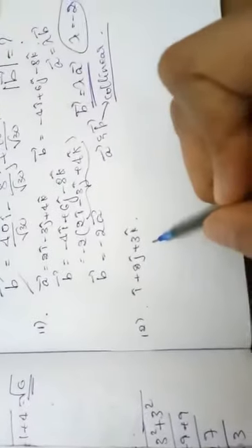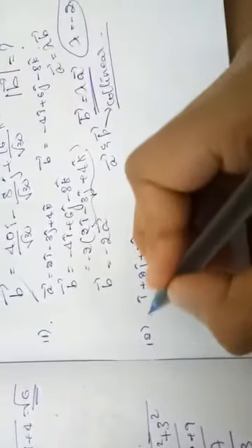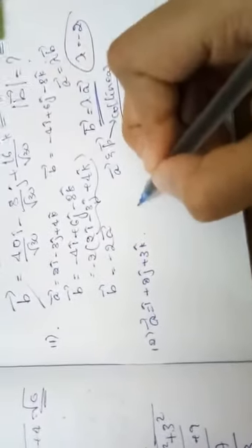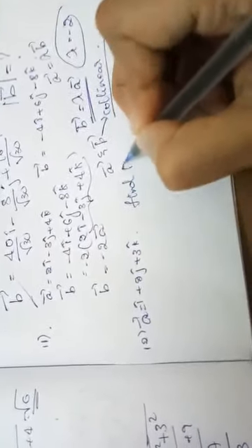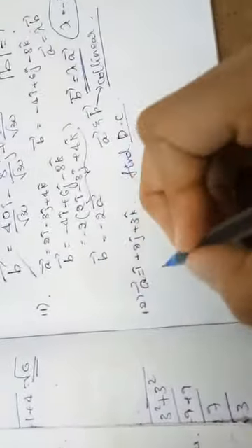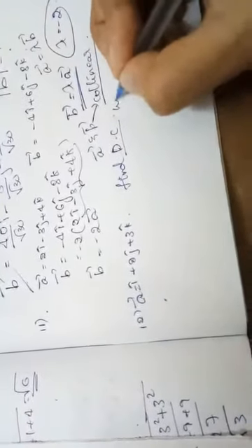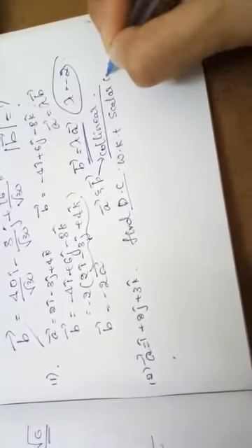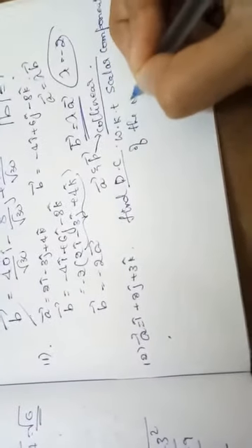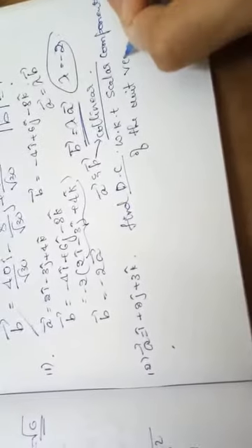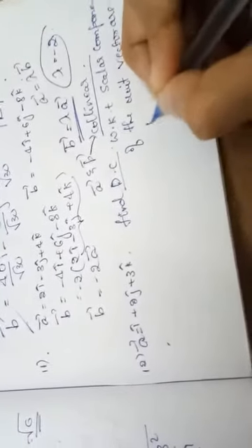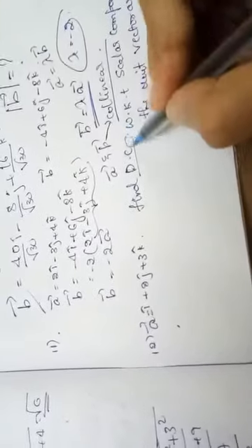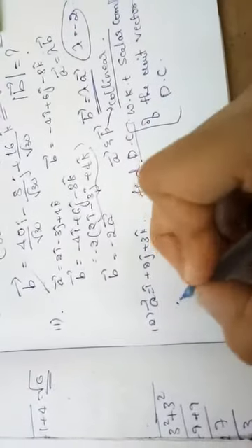So the next question is, they have given one vector, I call that vector as vector a, and they asked us to find the direction cosines. Since they asked us to find the direction cosines, first thing we know is that the scalar components of the unit vector are the direction cosines. We know this thing. So first let us find the unit vector.